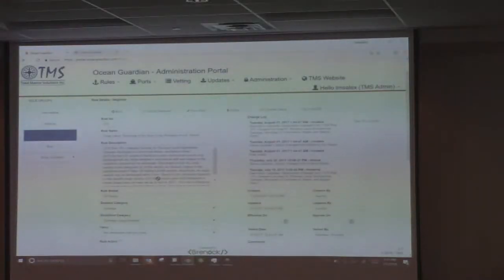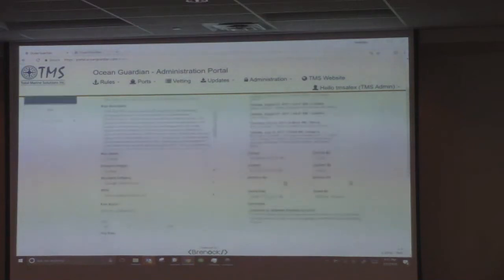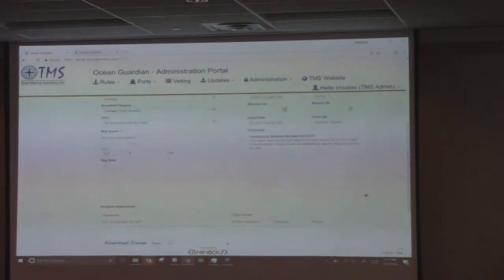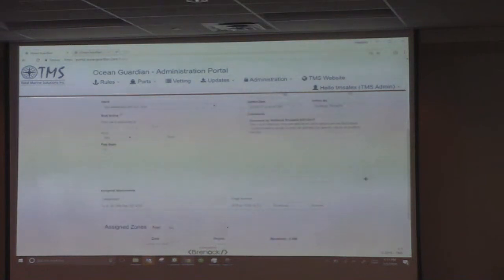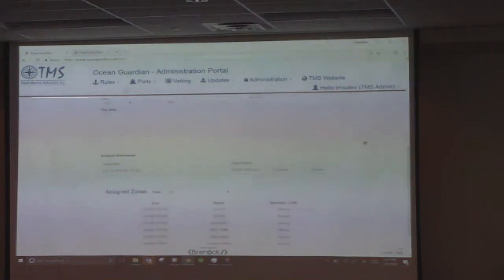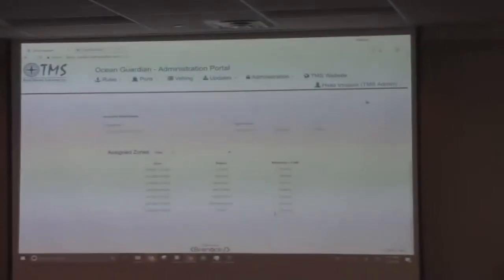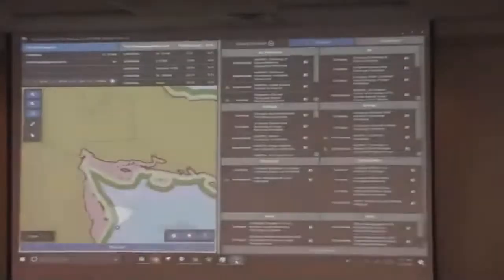This longer description is what appears when we launch the regulation. You have the rule status, you have its detailed category and simplified category, you have a designation as to whether it's controlled or in use, a relay is in use, controlling a valve. There are ship profiles in there, as not only type, but tonnage. We have flag state profiles. These are the attachments that our group uploads into Ocean Guardian in the assigned zones. And as you saw in the UI,